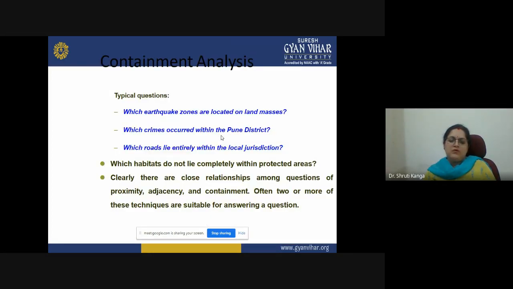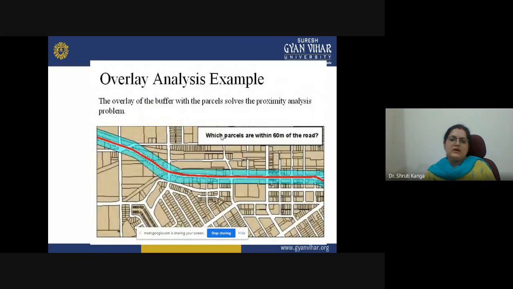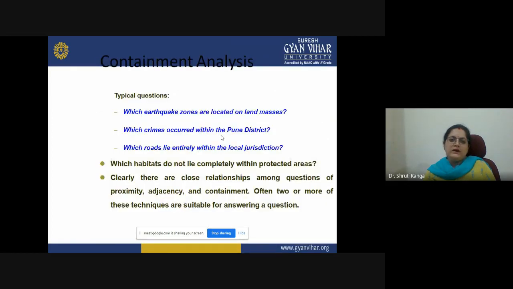With the help of overlay analysis, we can get an idea of containment analysis, or go for other kinds of analysis also.